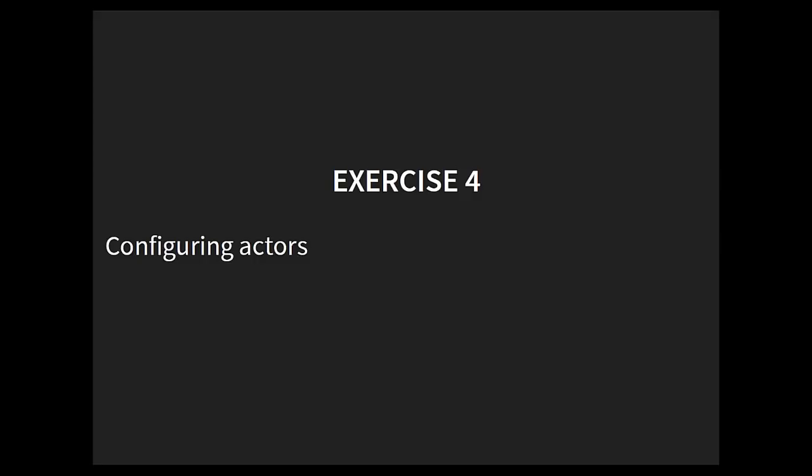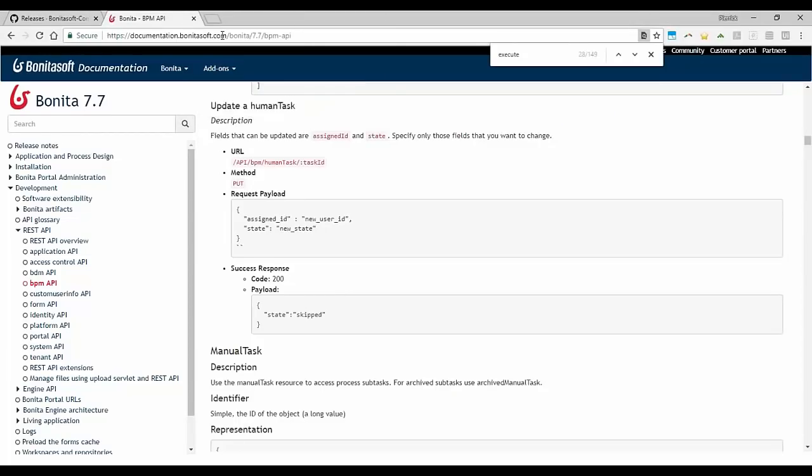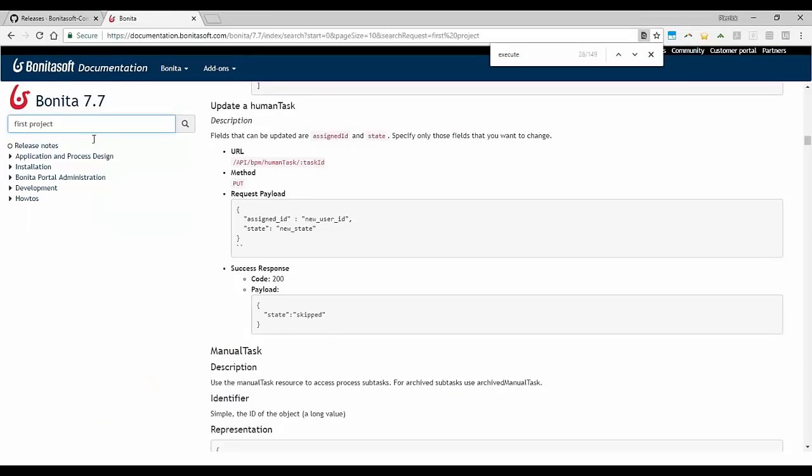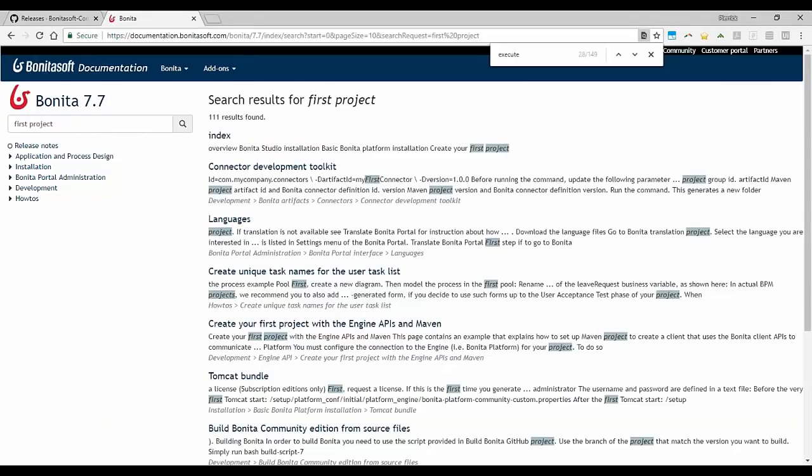On the Java side, it's just a method that you call. You have a login API, and actually I can show you something about it in the documentation. There is a nice example somewhere in the documentation about this, create your first project.